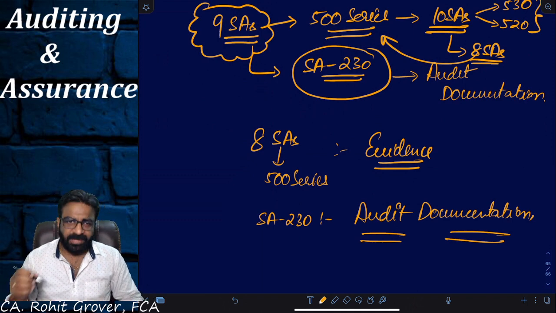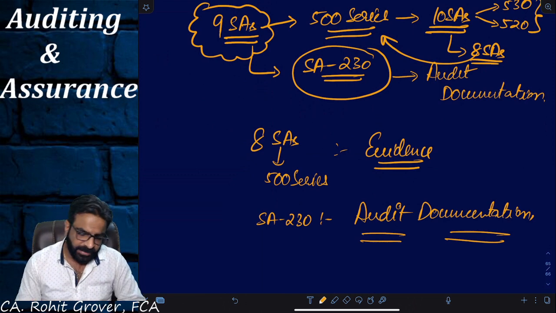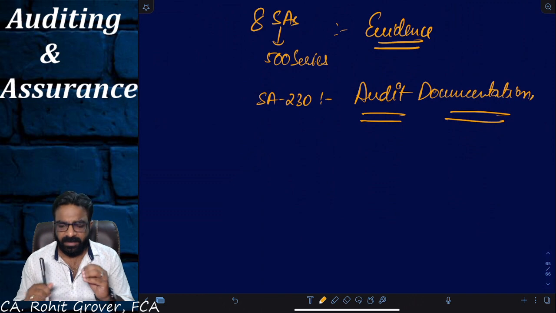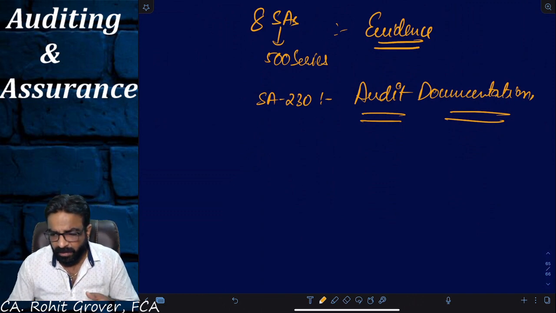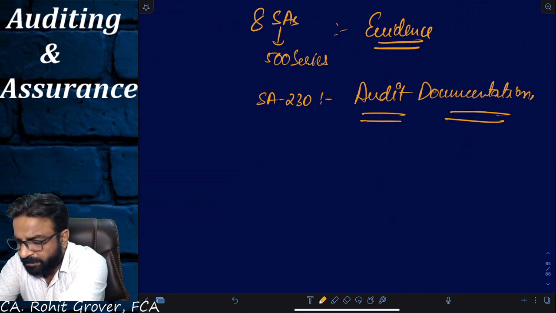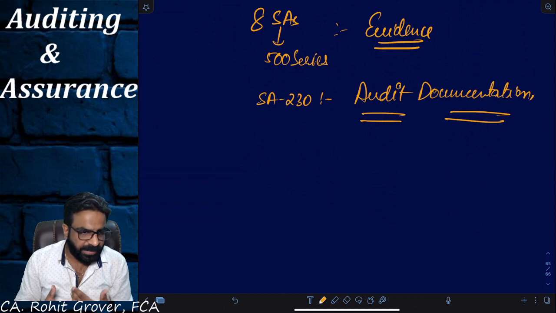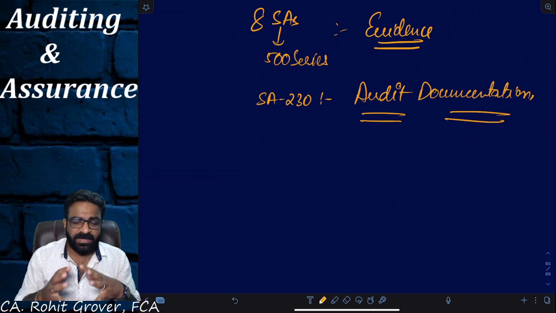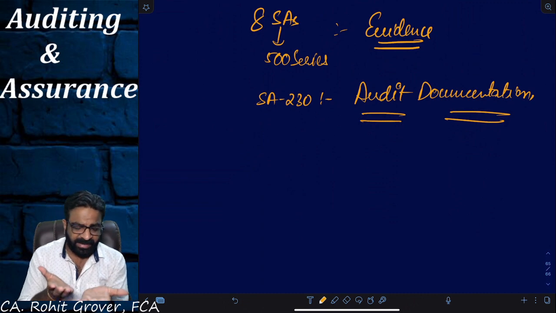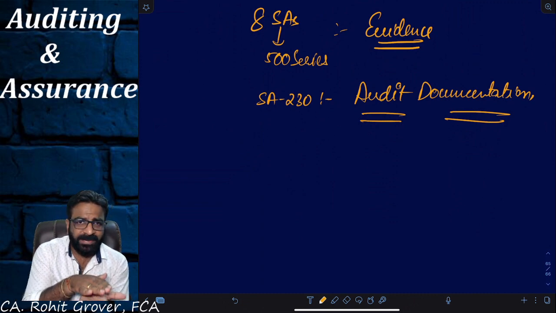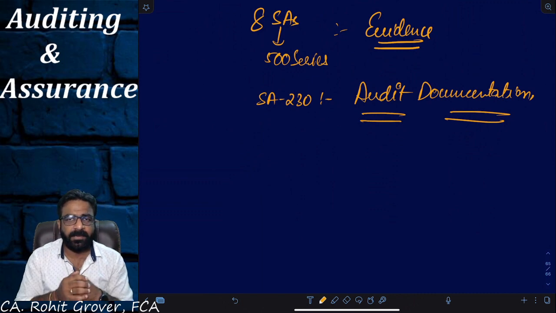So, the name of the chapter is Audit Documentation and Audit Evidence. Now, it's a very evident fact that the auditor expresses an opinion, everyone. Yes, we always express an opinion. Whenever we express an opinion, make sure that you need some evidence on the basis of which your expression of opinion can be done.